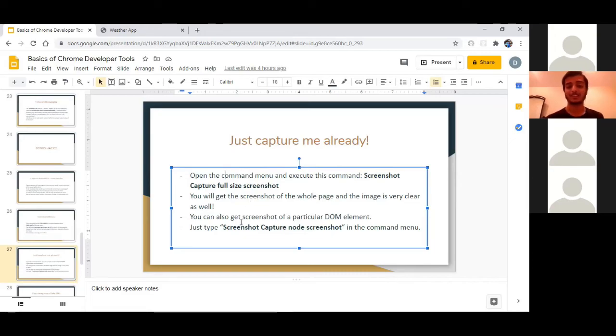And you can also get the screenshot of a particular DOM element. So the way you do it is go to the Elements tab, select a particular HTML element, and then you hit Control-Shift-P, which opens up the command menu. And again, you type screenshot, capture node screenshot, and you don't even need to type this whole command. Chrome DevTools will autofill that for you. So capture node screenshot literally captures a screenshot of the HTML element that you selected in the Elements